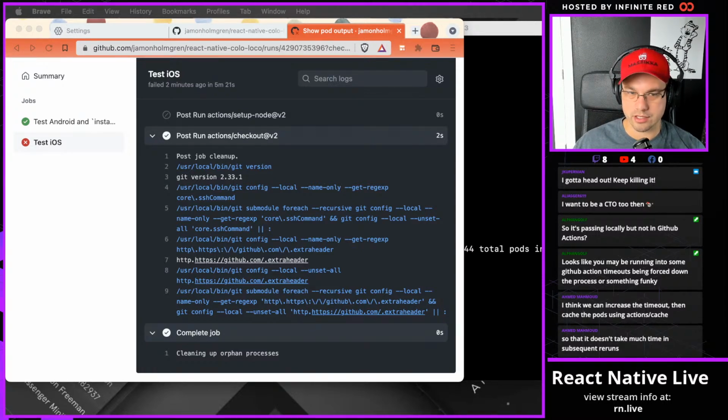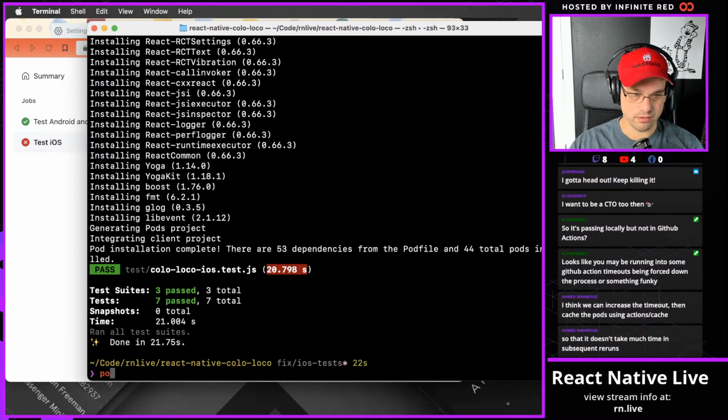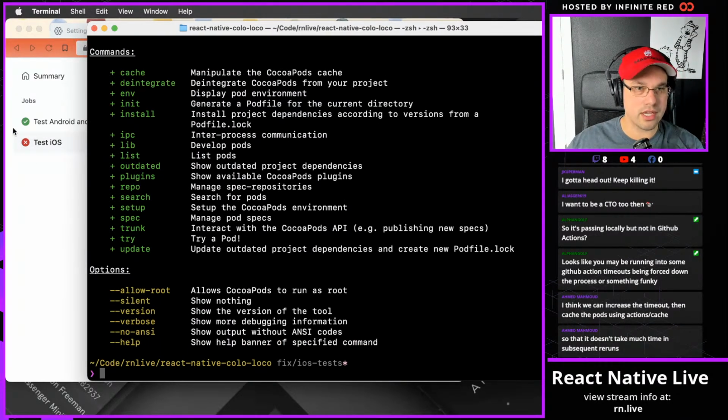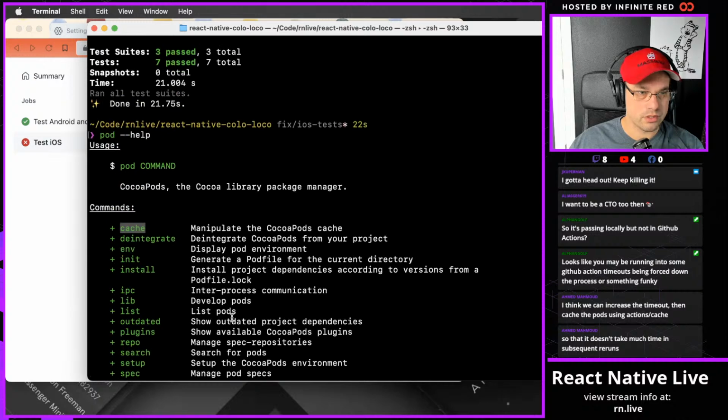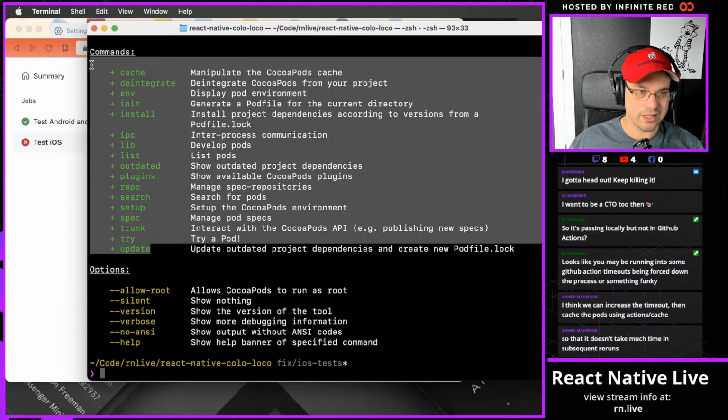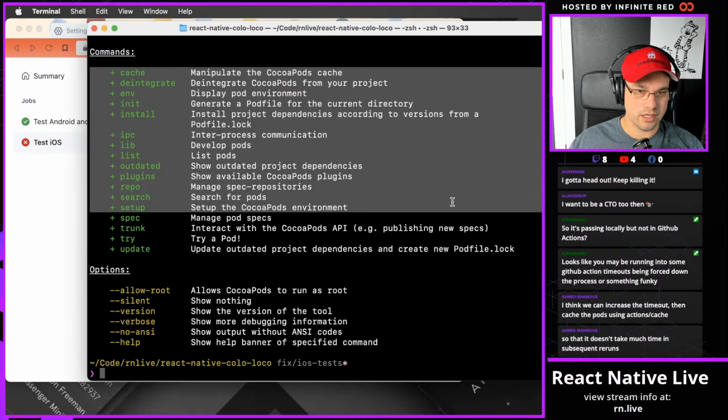Is there a way we can tell it to not actually install pods? Like pod, like dry run. Help. Because, well, there's the cache, okay. Silent, allow root. Because if we could tell it to not actually install pods, all we really need to do is,